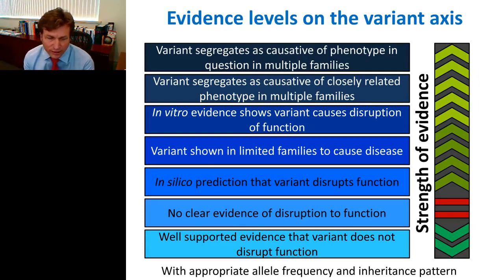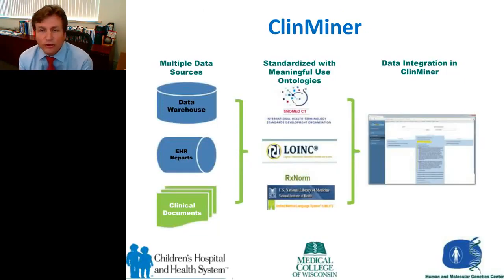And those of you that are involved in undiagnosed diseases or involved in this process realize that the challenge sounds quite simple, the causative phenotype, but in many instances, it's very, very difficult to ascertain what the phenotype is. And so we've had to build out a series of tools. One that we use is called ClinMiner, which we now have to take the information out of the electronic medical records. In many cases, we're getting family members that are coming in that have massive volumes of data. And how do you get that data? And how do you go through that? Who reviews that? And how do you get that all in play? So we've had to spend a lot of time on that as well. And that's often not thought about when we think about genomics medicine.